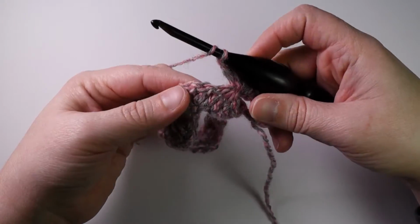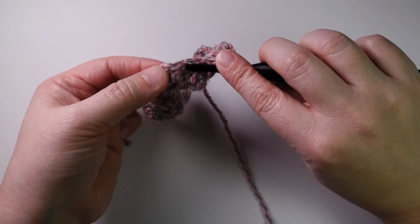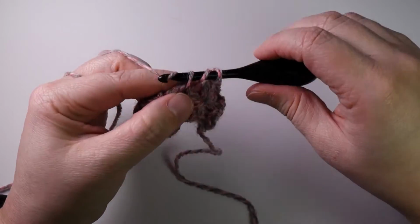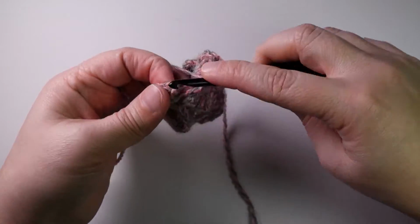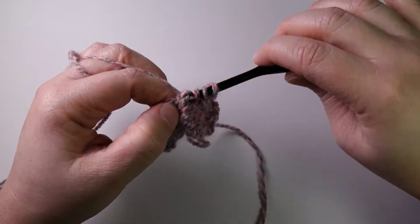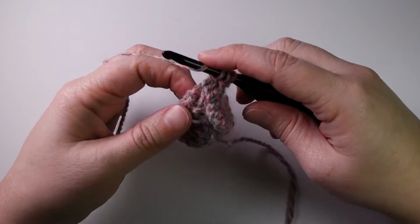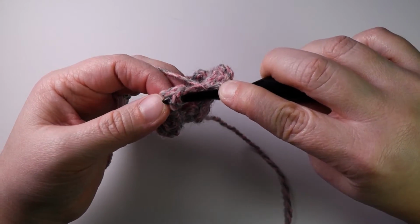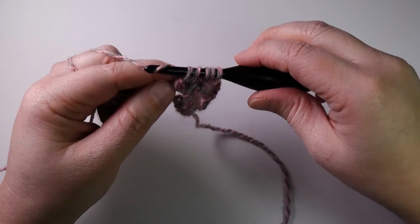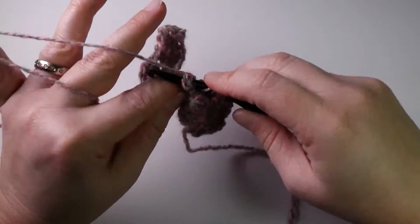To do so, you yarn over, find the first post, insert from the front to the back to the front, yarn over, pull up a loop, yarn over, pull through 2, yarn over, insert from front to back to front, yarn over, pull up a loop, yarn over, pull through 2, yarn over for the third post, from front to back to front, yarn over, pull up a loop, yarn over, pull through 2, and for the fourth post,